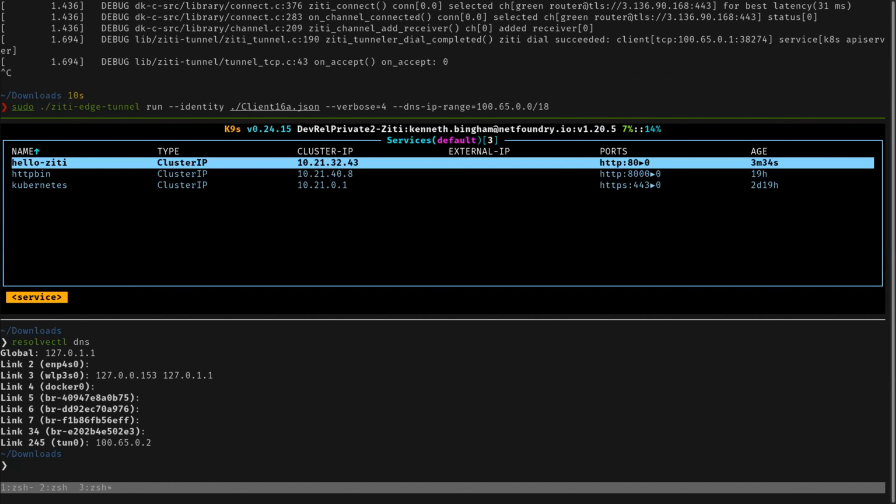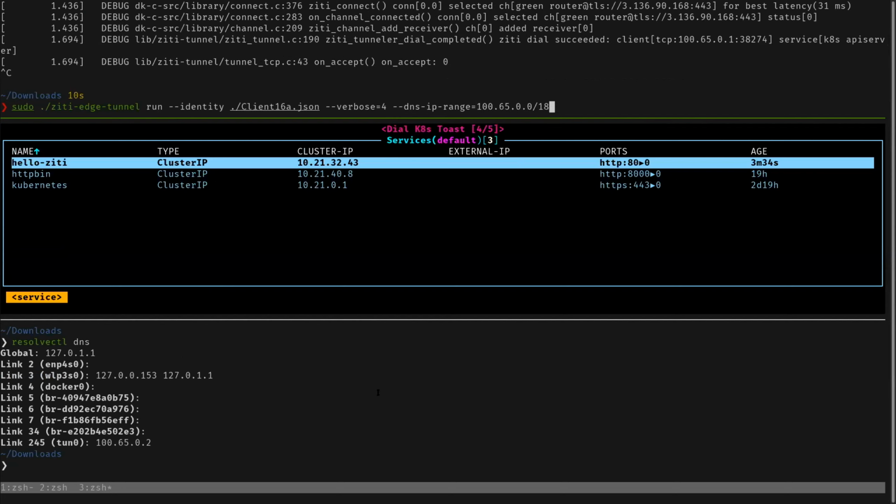Here I was just showing what it looks like to run the tunneler on my computer. Yeah, I appreciated that, Ken. I saw you following along. That was great. Okay. There's a correlation there between the IP range that I've specified for ZD on my computer